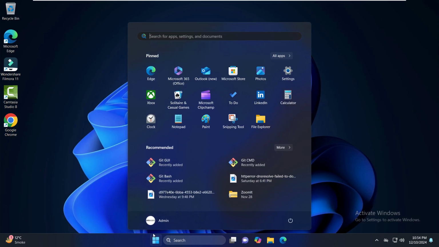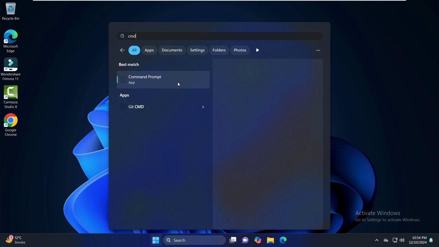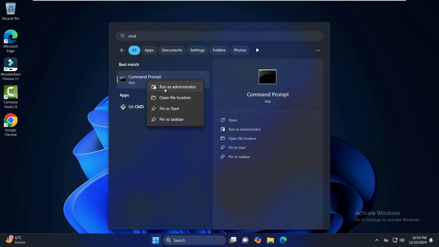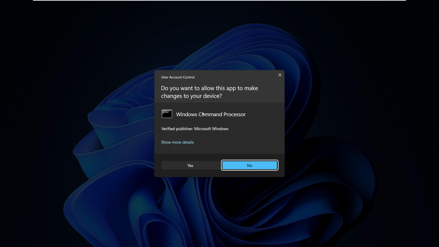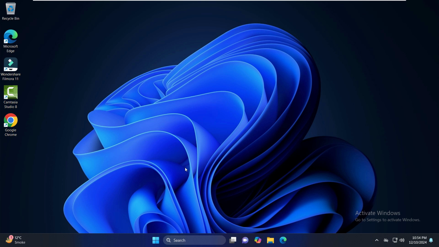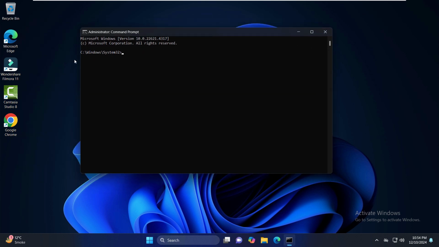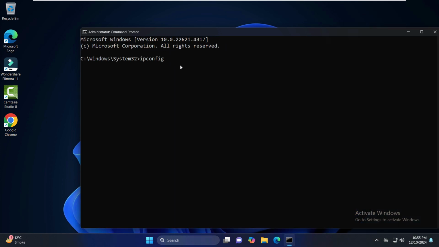the start menu and just write here CMD. Just right click, it will show you this command prompt option. Just right click here, click on run as administrator, because it's preferred if you want to use the full functions, you need to have the administrator access. So click yes. Now here, wherever you are, just write here ipconfig, give a space / and just write